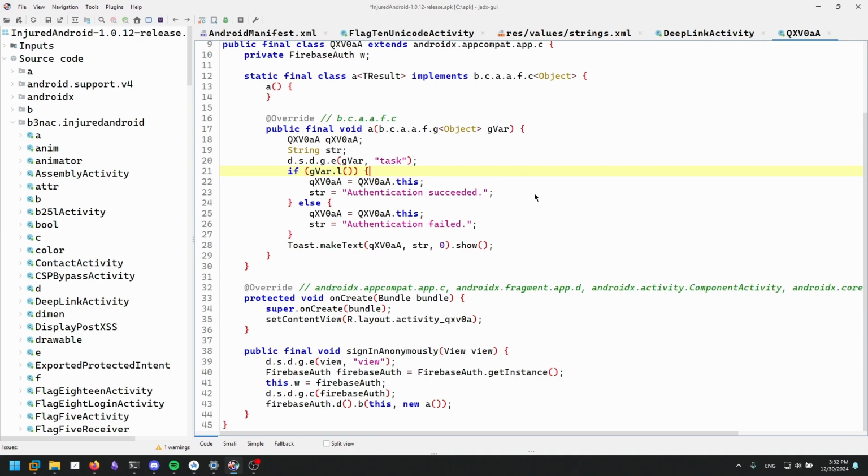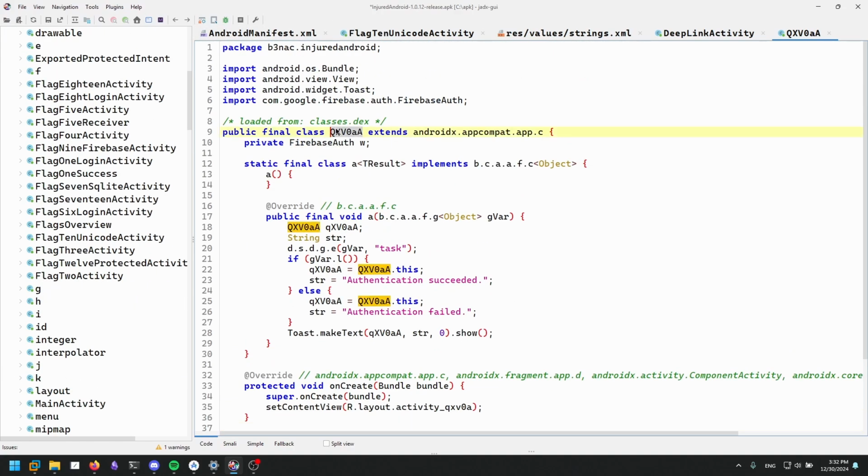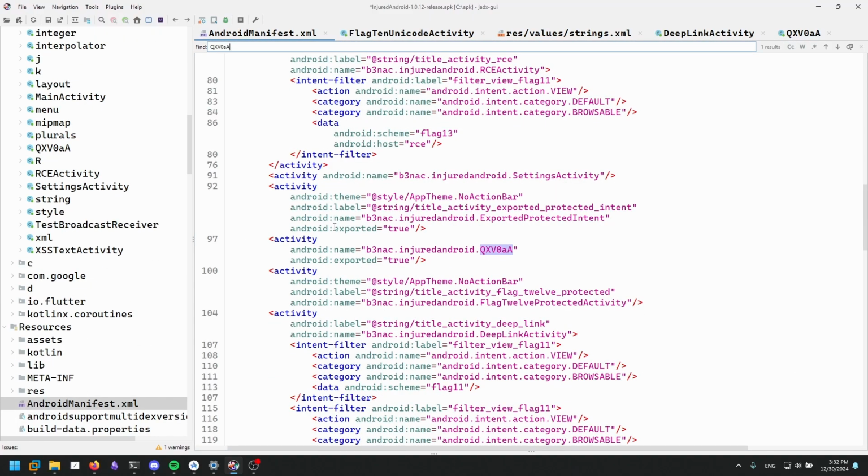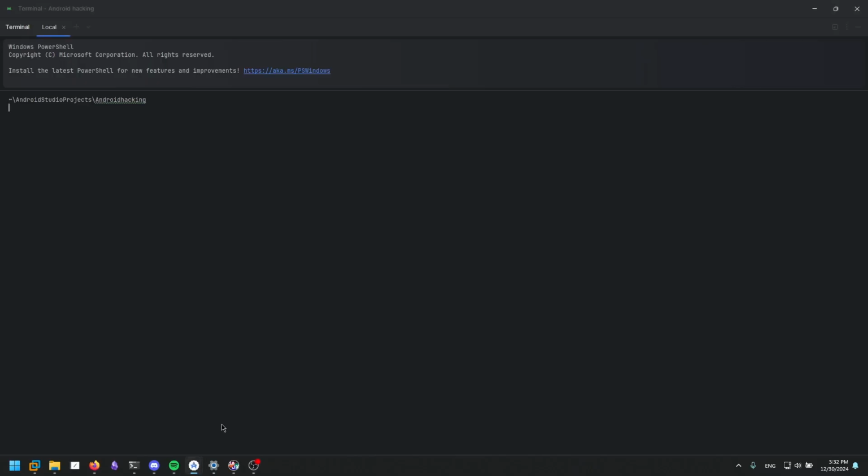And looking through the application source code, I can see that we are calling this activity, setContentView on this activity. Let's try to search for this string in the activities in the Android manifest. We can see that there is an activity, which is this activity, and it is exported. And if you remember what I told you in the previous video, we can access the activity if it's exported by just calling it in the